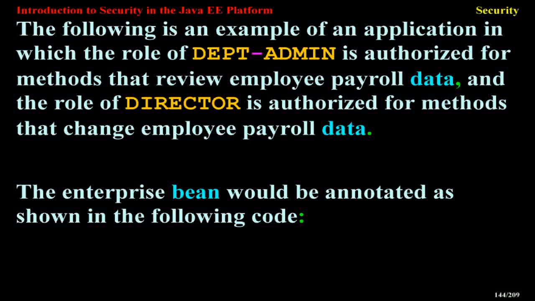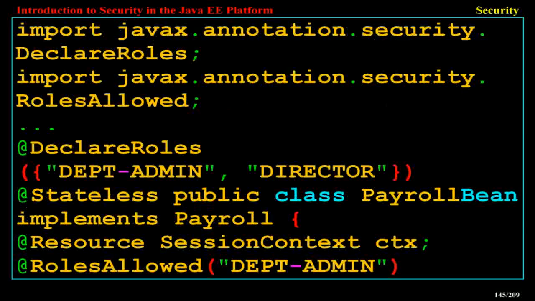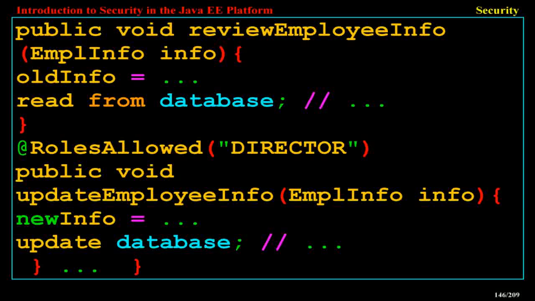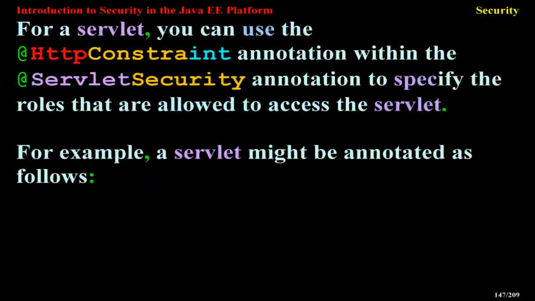The enterprise bean would be annotated as shown in the following code. import javax.annotation.security.DeclareRoles; import javax.annotation.security.RolesAllowed; @DeclareRoles({"DEPT-ADMIN", "DIRECTOR"}) @Stateless public class PayrollBean implements Payroll { @Resource SessionContext ctx; @RolesAllowed("DEPT-ADMIN") public void reviewEmployeeInfo(EmployeeInfo info) { EmployeeInfo oldInfo = ... /* read from database */ } @RolesAllowed("DIRECTOR") public void updateEmployeeInfo(EmployeeInfo info) { EmployeeInfo newInfo = ... /* update database */